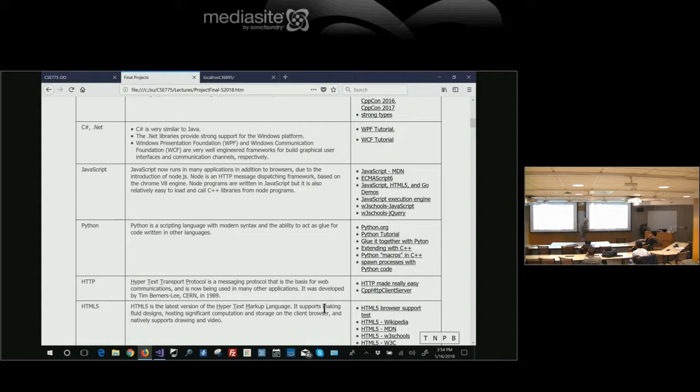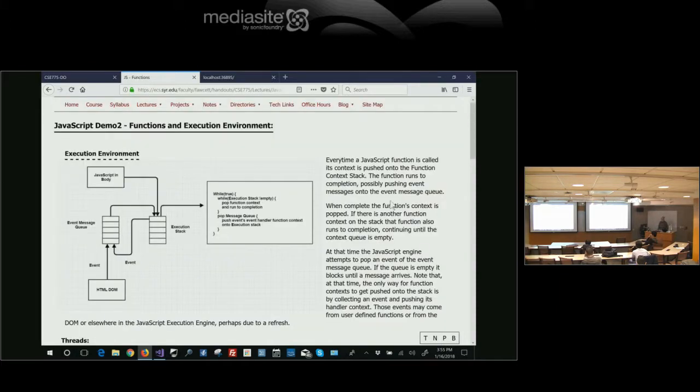For example, these are links to get you going, but I've got a little link here on how the JavaScript execution engine works. If I'm downloading a page, this is the way a browser treats JavaScript. It's not the way Node.js treats it, although the Node.js environment is very like this, but slightly different. But if I have JavaScript in the body, a function context is pushed, as that's being parsed, onto the execution stack.